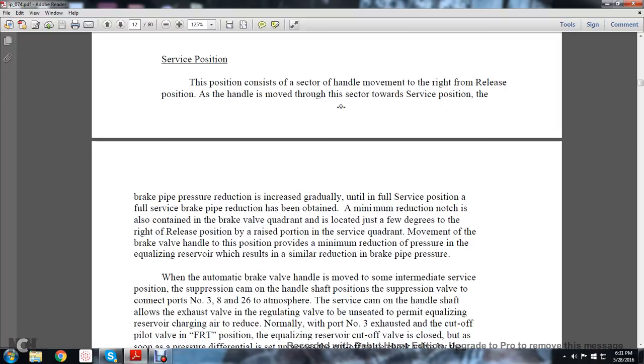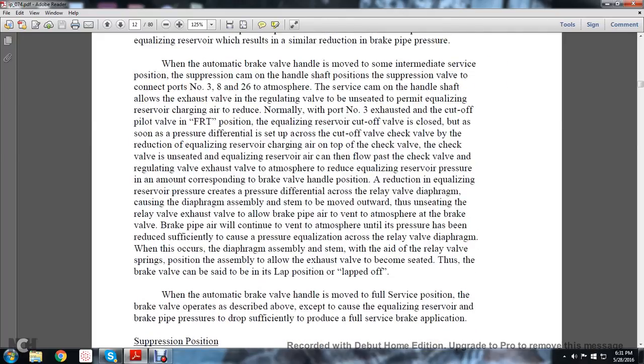Moving the brake valve handle to the position provided for minimum reduction of the pressure in the equalizing reserve will result in a similar reduction of the brake pipe pressure. When the automatic brake valve is moved into the intermediate service position, the suppression cam on the handle shaft moves into position. The suppression valve connects ports number 3, 8, and 26 to the atmosphere. The service cam on the handle shaft allows the exhaust valve and regulating valve to unseat to permit the